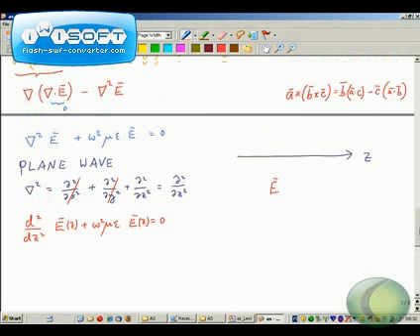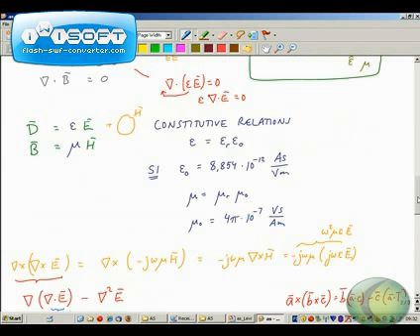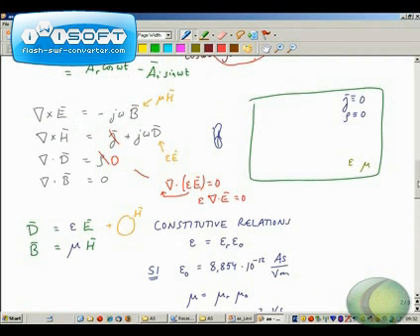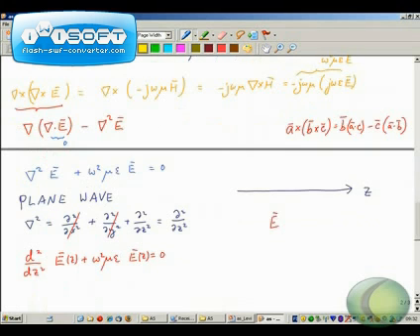Let's see where do we have our, okay. Let's take our old friends. E is divergenceless, meaning that this is valid, and since H only has the z component, now we get the derivative here. Okay, let's